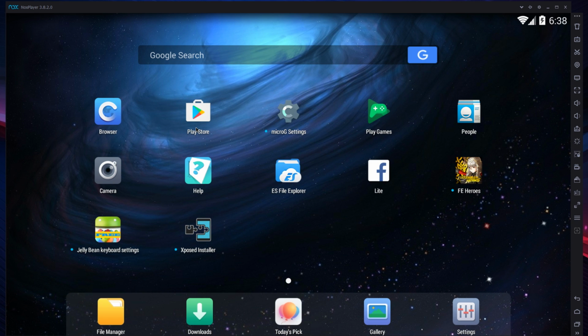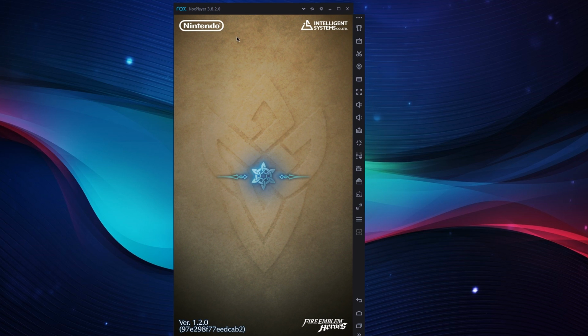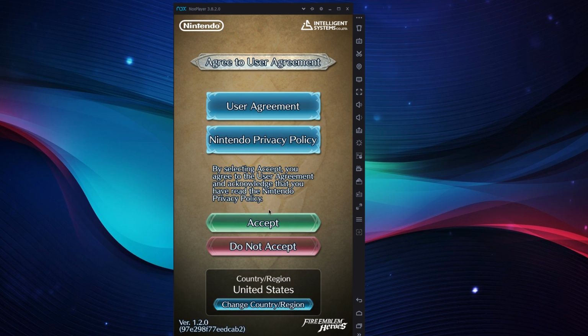And after doing this, all you have to do is go into the Play Store, enter your Google account details and log in. And after that, you can start playing Fire Emblem Heroes. So after doing the fix, you can open Fire Emblem Heroes, and I'll show you how to easily reroll and do it very efficiently. So you want to click accept and select link Nintendo account later, since we are trying